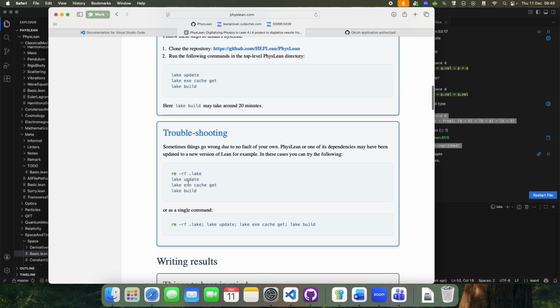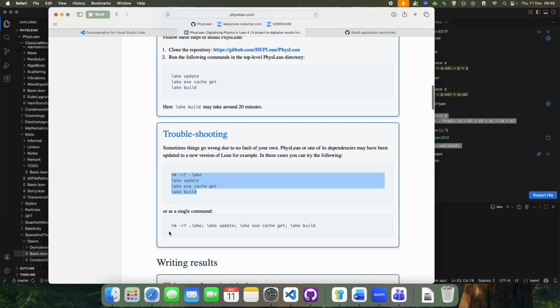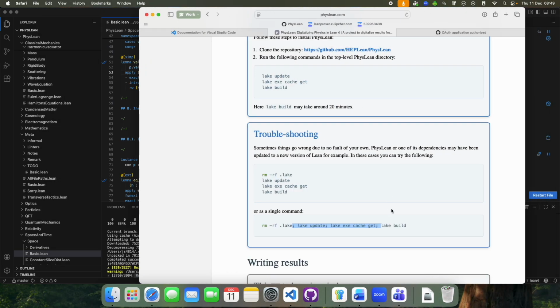So there is this thing here. In the worst case scenario, if everything breaks, just run this. This basically resets your Lean project, and it starts again. So if everything seems broken with Lean, just do this in the project, and